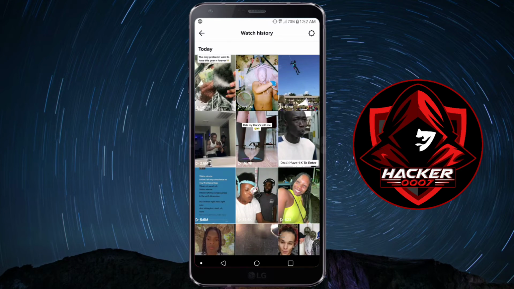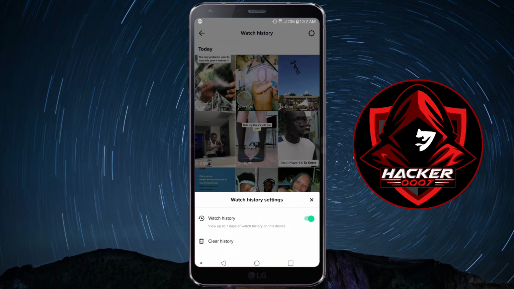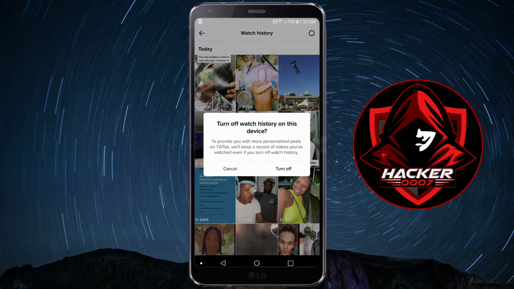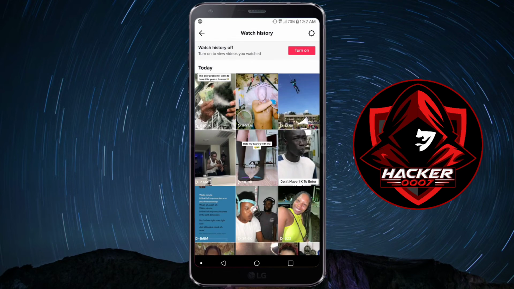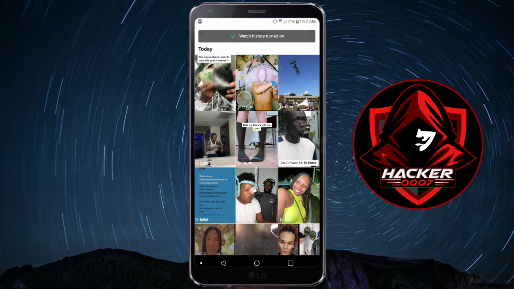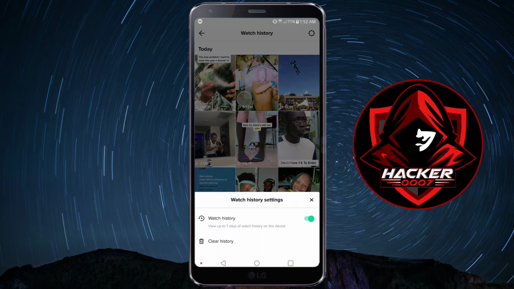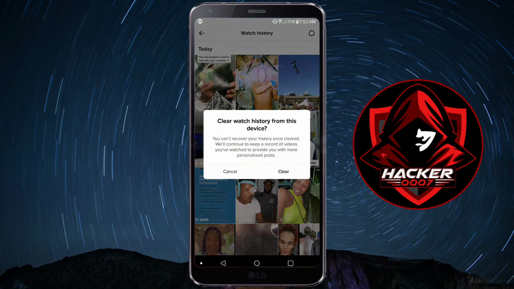So with this option enabled, you'd be able to see all the videos you've watched in the past 7 days. If I click on the settings toggle in the top right, I would be able to turn off watch history. If I turn it off, any other videos which I watch won't be stored here. So let me turn that on. And you could also clear all your watch history. You could simply click this clear button, and there will be a confirmation message which will ask you if you are sure you want to clear all the videos you've watched in the past